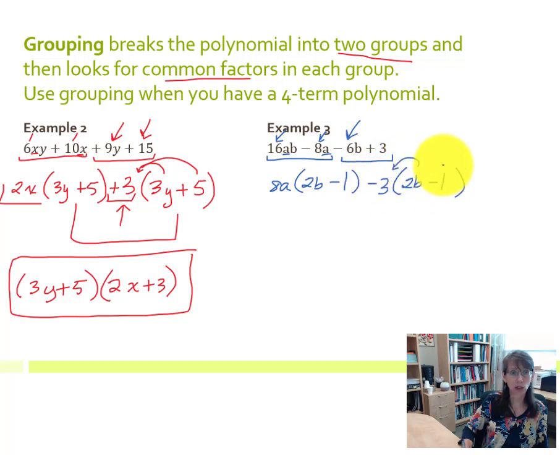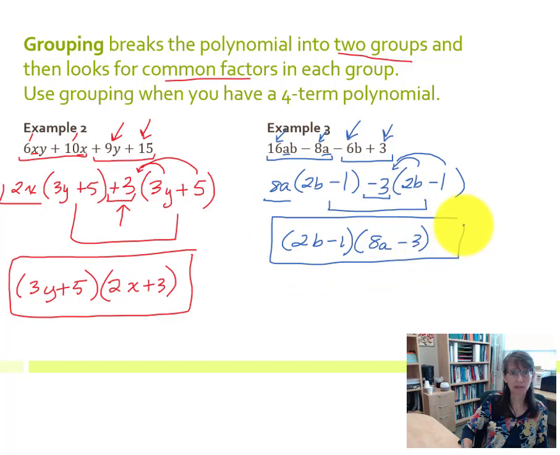And check your last term. Is negative 1 times negative 3 a match for plus 3? That looks great. So notice how we created a common factor of 2b minus 1. And the other factor comes from joining 8a and negative 3. So 8a minus 3. We have completely factored our